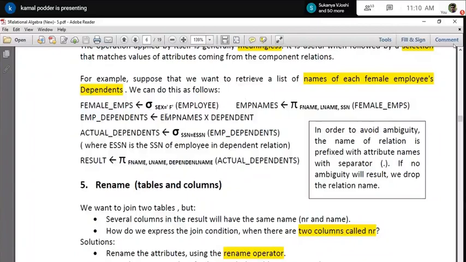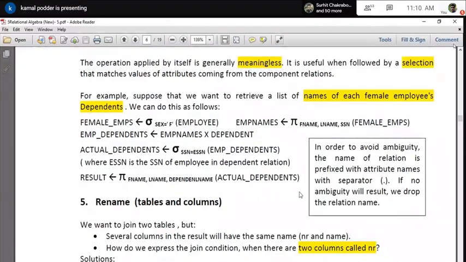And then if I really want to find out the dependents, I have to join these two tables anyway. I have to join the female employees with the dependents. But if I just do the Cartesian product of these two, then ultimately I will get the employees' dependents.